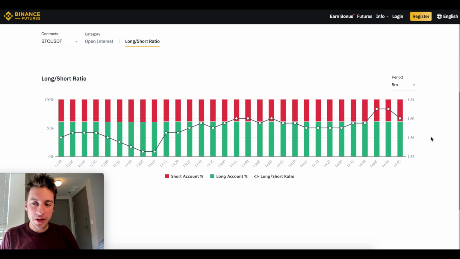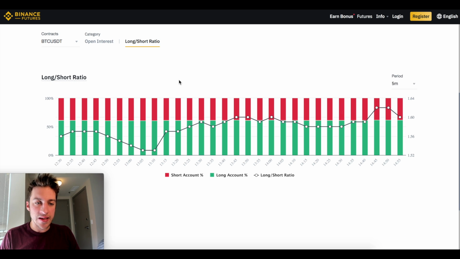So here it is. Let's start off with the BTC USDT Long-Short Ratio. What do we want to do? We want to be ahead of the crowd. How do we be ahead of the crowd? Well, if we're in the minority, then that means that we are probably on the right side. Why? Well,